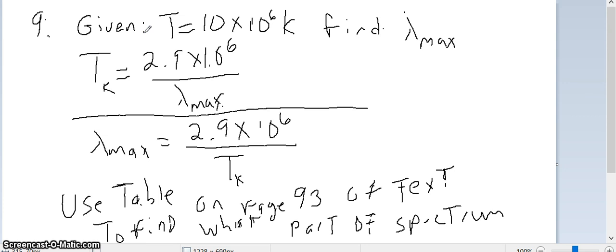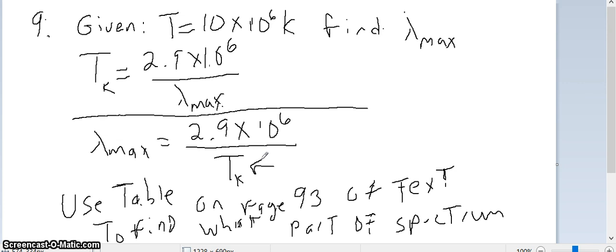And then what they ask us to do is, once you find lambda max, you have to figure out what part of the electromagnetic spectrum that is in. So anyhow, we have, of course, this equation. It's called Wien's law. The temperature in Kelvin is equal to 2.9 times 10 to the 6th divided by lambda max. Algebraically rearrange that equation, since we know what the temperature is in Kelvin. We know this value right here, and so we plug in 10 times 10 to the 6th into this equation,